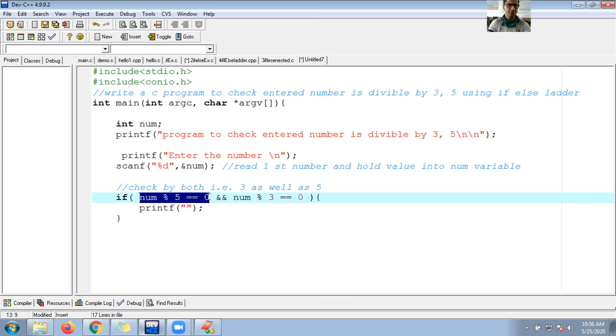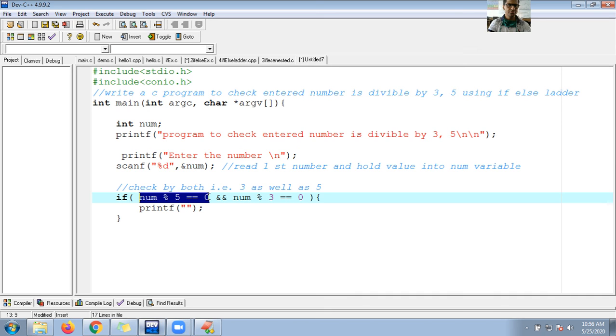If it is confusing, what should I do? I'll take one more variable. If it is confusing to you, integer by 3 and by 5. To avoid confusion for your sake, I will take here by 3, number mod 3. I will hold it in a separate variable, and I will take here by 5, number mod 5, to avoid confusion, guys.